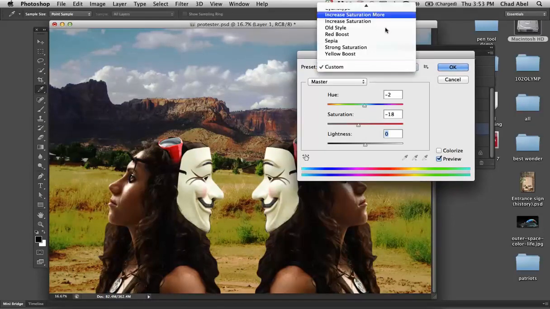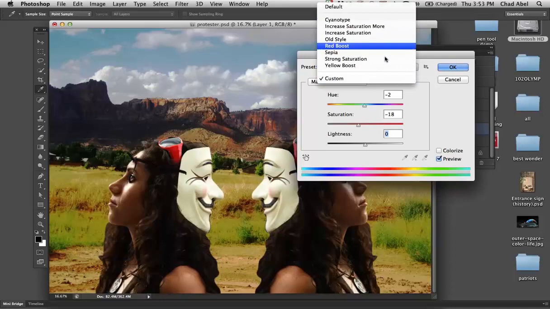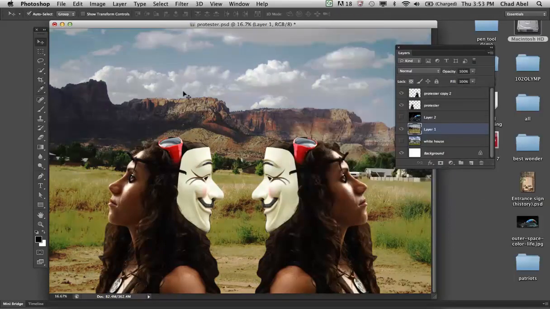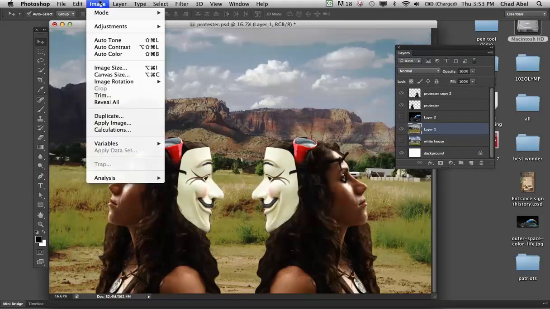And once again, we have some presets up here, but I'm not going to use any of those. So maybe I'll try the old style. I sort of like that. So I'm going to say OK. There we go. And one more image adjust